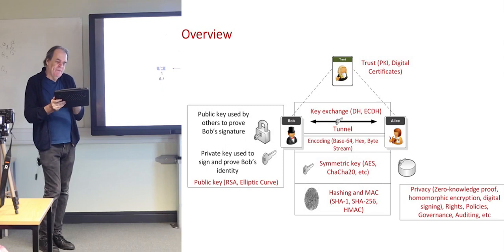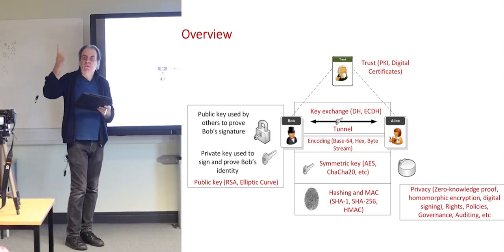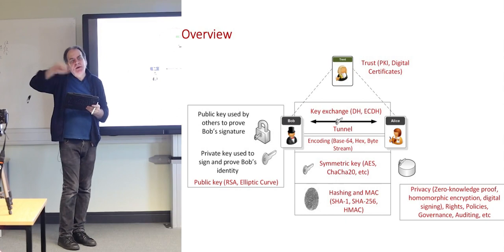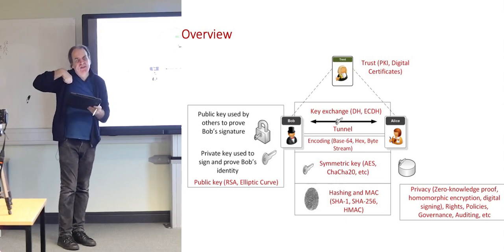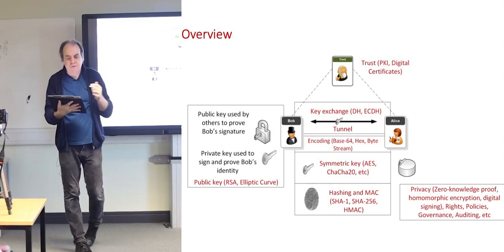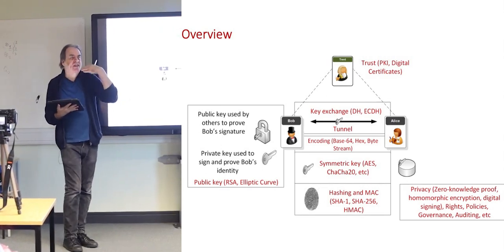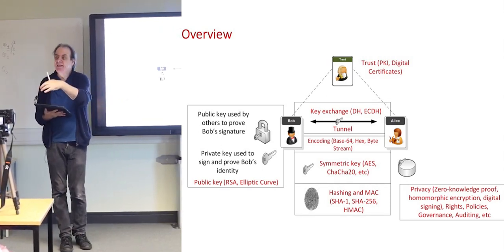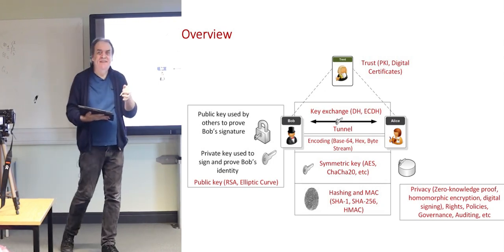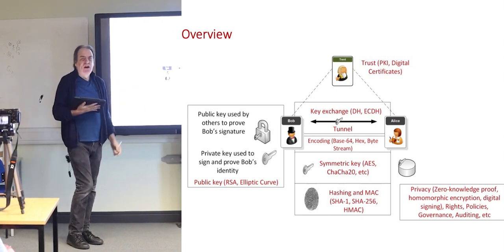Why do I have to give away my password every single time? Why can't I just prove that I know my password? I've proven to you once I know my password. Give me a puzzle to prove that I still know it, and then I'll solve it for you. So with zero-knowledge proofs, we actually don't have to give away our information. We can actually prove that something is correct without actually revealing the original information. So later on, we'll have a look at zero-knowledge proof, and then we'll also have a look at what's called